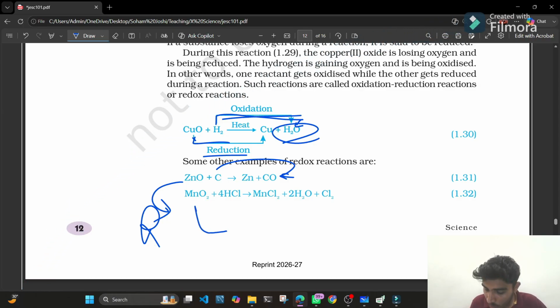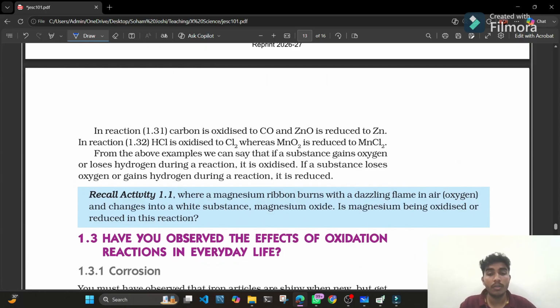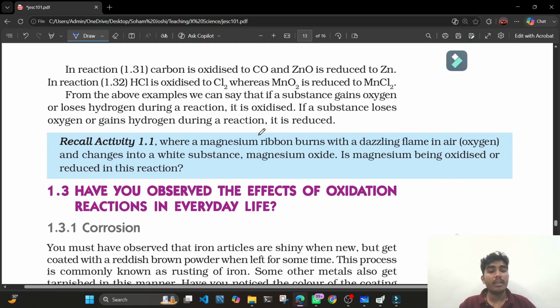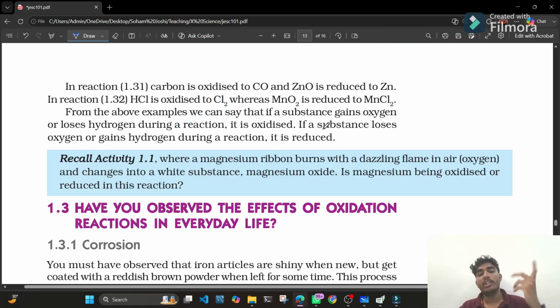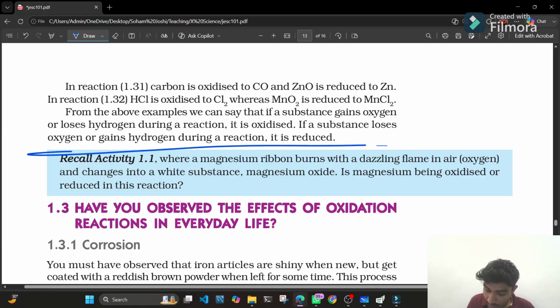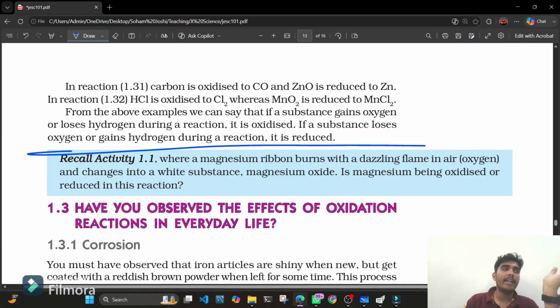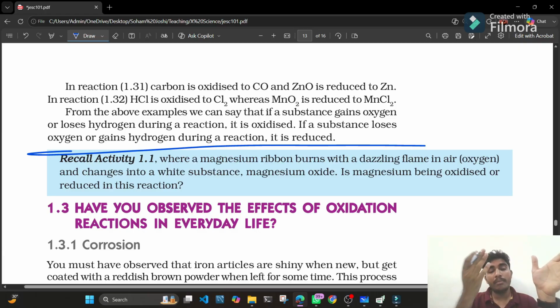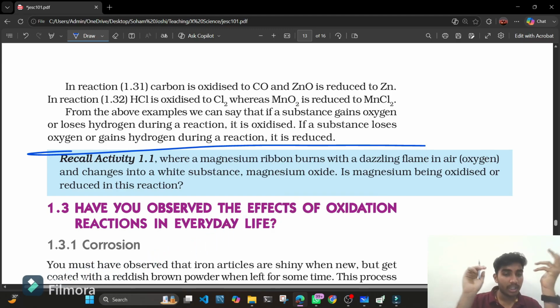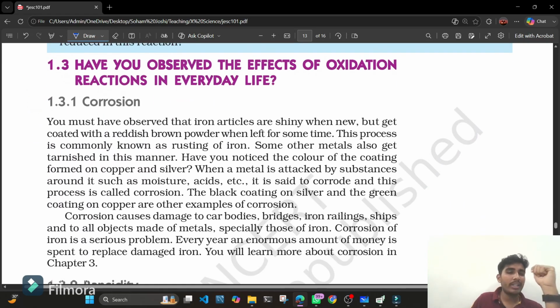MnO2 plus 4 HCl gives MnCl2 plus 2H2O plus Cl2। ठीक है, ये भी एग्जाम्पल है। गुड, क्लियर, ग्रेट। अभी from the above examples also we can say that when the substance gains oxygen or loses hydrogen during a reaction, it is oxidized। ऑक्सीजन गेन करो या ना करो, अगर हाइड्रोजन रिमूव कर दिया तो वो ऑक्सीडेशन है। And if a substance loses oxygen and gains hydrogen during a reaction, it is reduced। क्लियर है? सो बेसिकली टू समराइज, ऑक्सीजन चला गया या हाइड्रोजन मिल गया, then it is reduction। If oxygen मिल गया या हाइड्रोजन चला गया, then it is oxidation। ठीक है, cool।